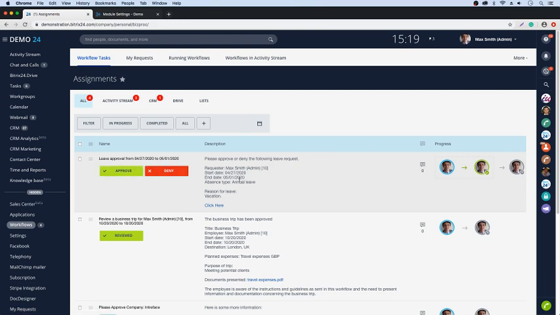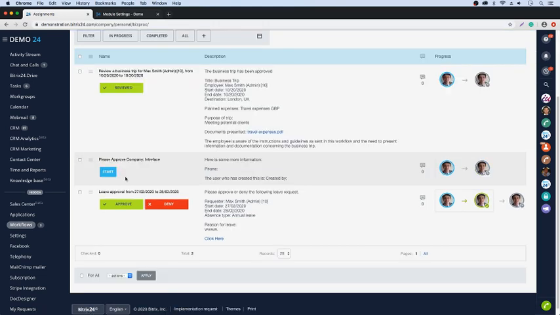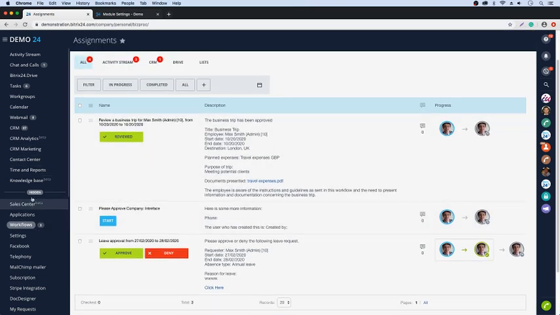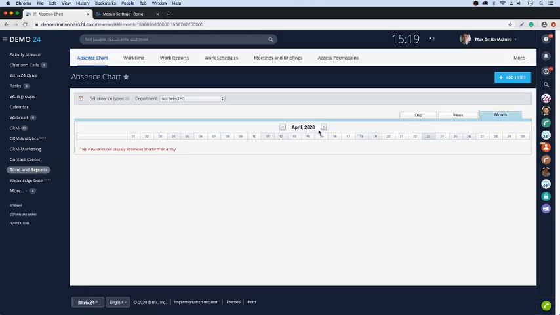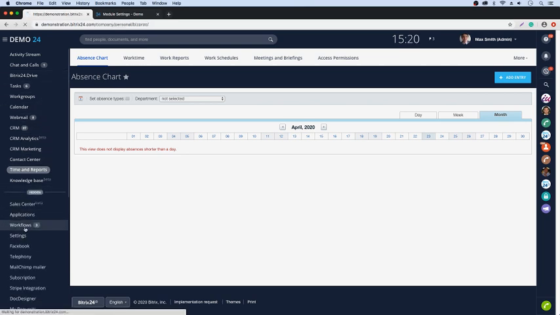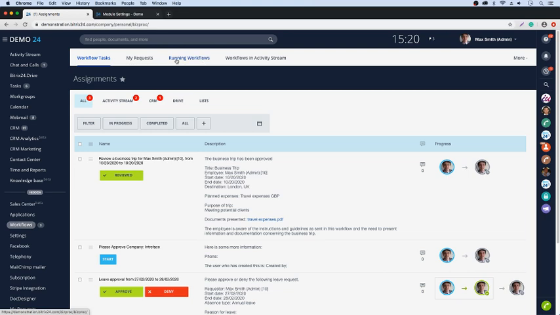All the information that I put in here was from the form, and you can tailor the form to capture any information that you wish. If I click on approve, then what will happen is if I go into the time and report section, you'll be able to see it would go into here based on the workflow. So if I go into the workflow here, just to give you a little bit of background of